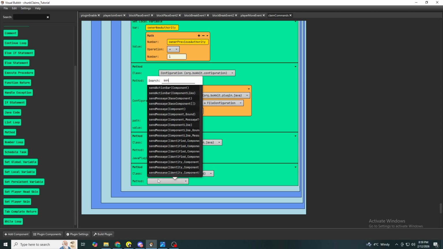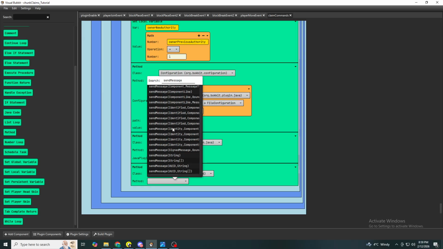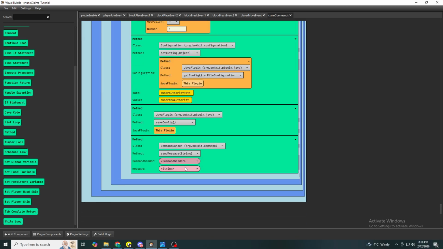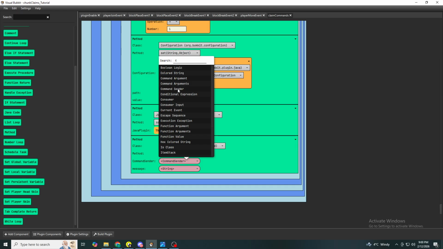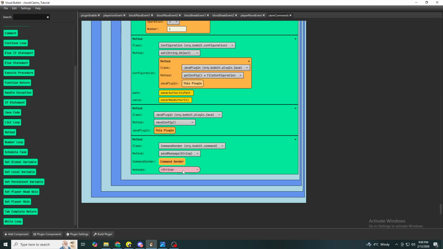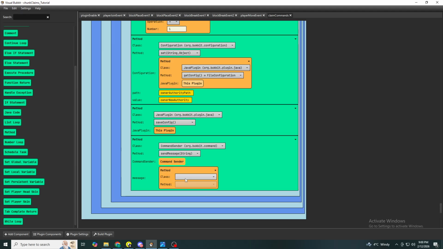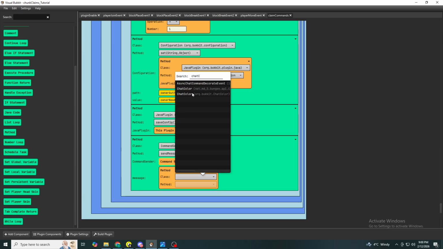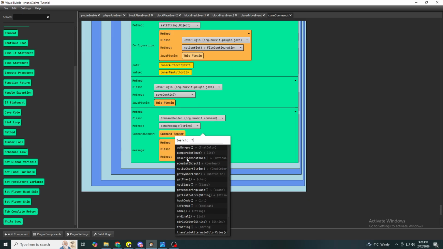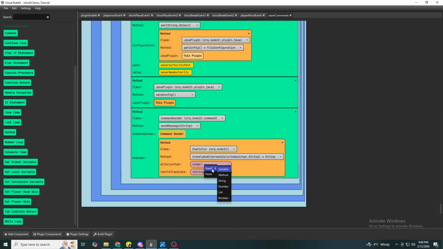Do send message and command sender. Insert a method here for our chat color, translate alternate color codes. Insert a string and